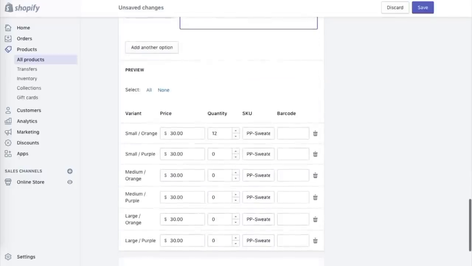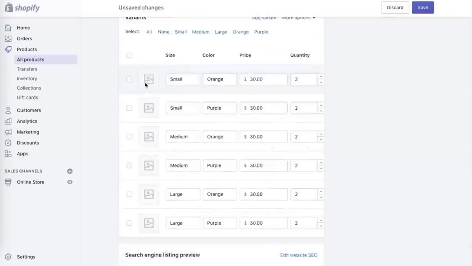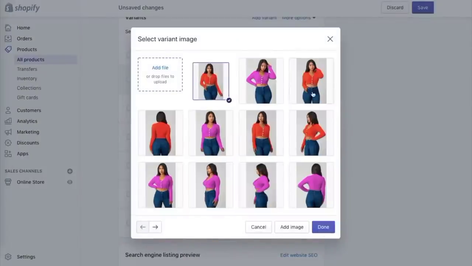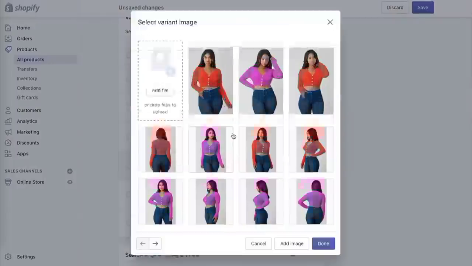You just wanna be proactive so that you're not getting a whole bunch of emails talking about, I only got the 1 item, I didn't get the 2. So after you go ahead and add the pictures, add the description, and put all of the information in, now it's time to adjust the variant. So after I fix all of the SKUs and fix all the variants to the right numbers and sizes, then I'm gonna go ahead and click the picture box, and I'm gonna put the corresponding picture with the corresponding color